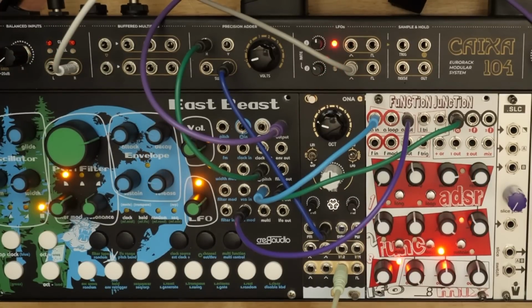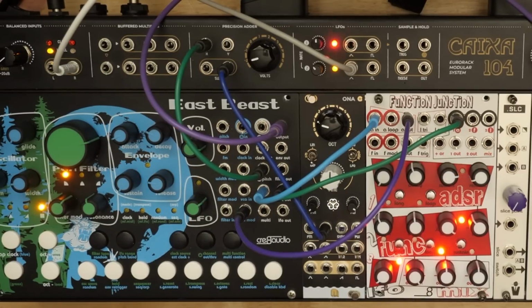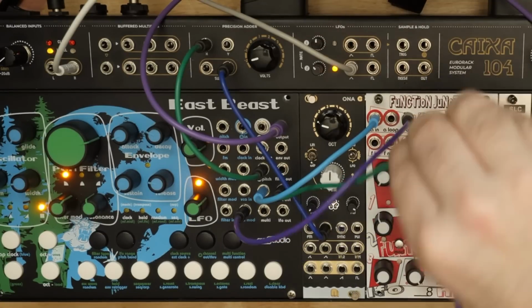And then here's just the internal oscillator, the East Beast. Not exactly the same volumes, but we know they are the same note now. If I want to mix those, that's another thing the Function Junction can do. And I can take the oscillator out, which I've actually already got going, to the first channel here, the Function